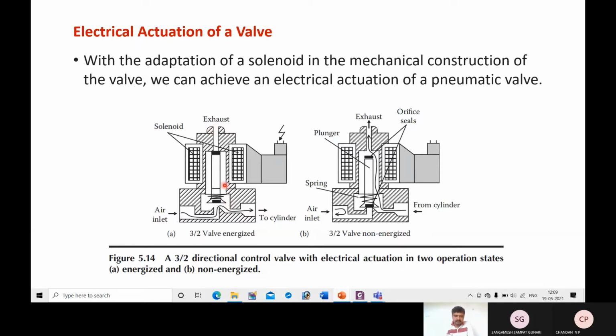Depending on the position of this plunger, you are able to achieve these two connections. So when this valve receives an electric signal,